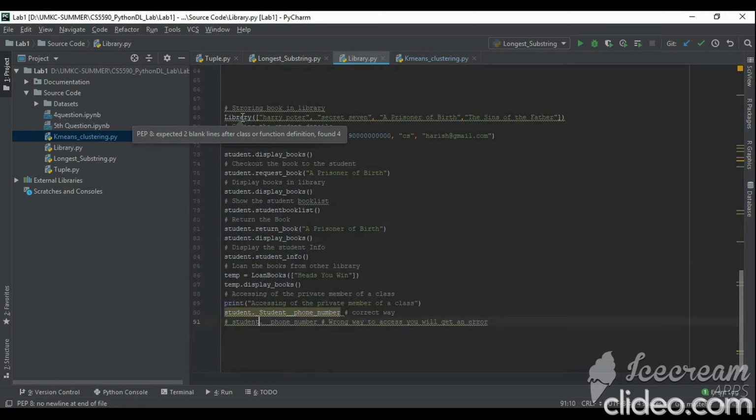For the first, I am keeping the books Harry Potter, Secret 7, and these four books. So it will be stored in library. So now I am giving the details of the student. Now I just want to display the books. It will show the books, and he is requesting a book, A Prisoner of Birth. So when he requests the book, it goes to the student account, and it will be removed from the library